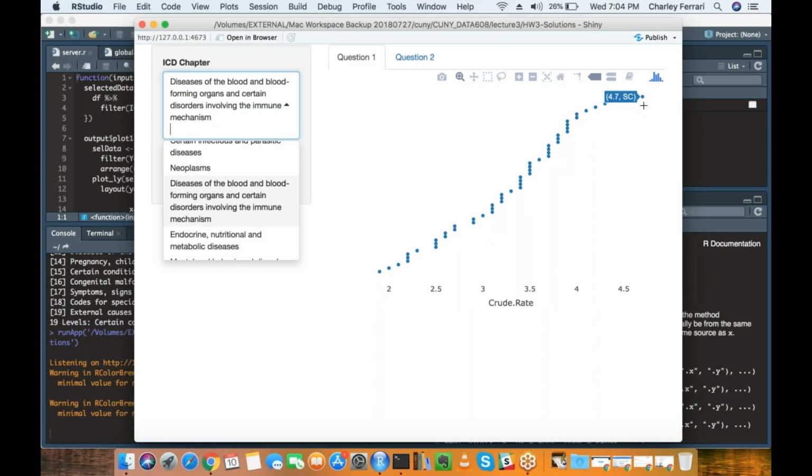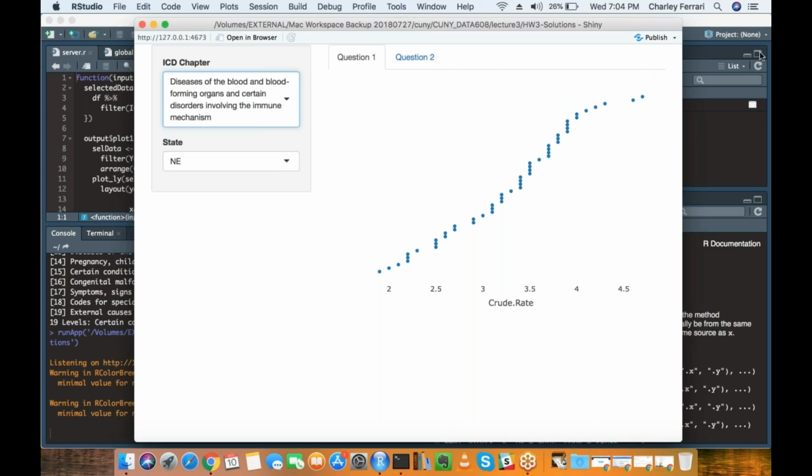So perhaps one thing that one could do here is be sparse with the labels. Perhaps label the state with the highest and the state with the lowest crude death rates, for example. That's one strategy in terms of getting some information that users would be able to see right at the outset.